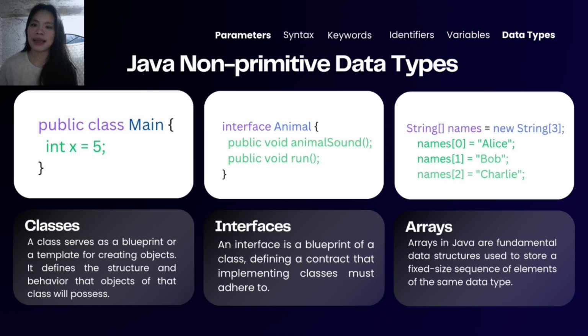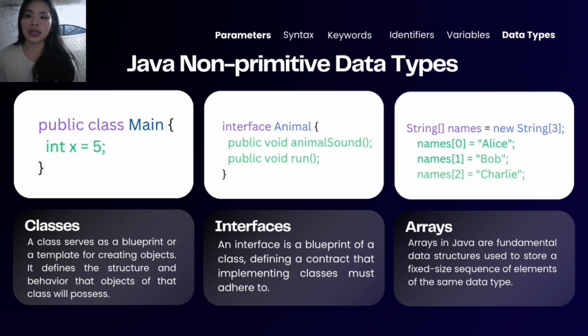In the example, a class is created to store and represent a value, showing how objects can hold and manage data. The interface data type is a blueprint of a class that contains abstract methods without implementations. It is used to define a set of rules or behaviors that other classes must follow. In the example, the interface represents a structure that other classes can use to ensure they perform specific actions like